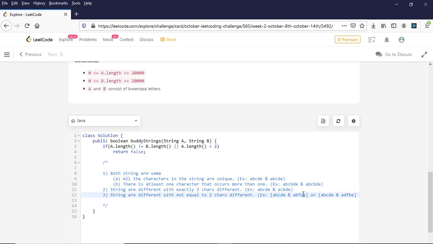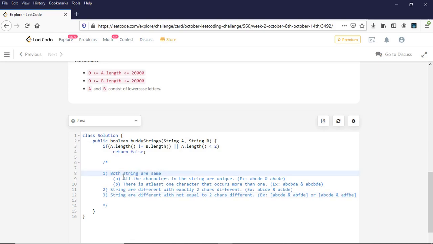So this case will be false, we have to return false. And the second string is ADFBE. Here only A and E are the same, the rest of the middle three characters are different. Even if I swap any two characters, for example D and B, the middle character is F and here the middle character is C, which is not the same, so in that case also the strings won't be equal, so you have to return false. This means that if more than two characters are different at those index positions, then we also have to return false. Okay. Now let's see what the sub cases are if both the strings are the same.